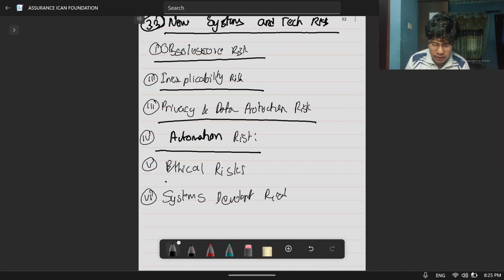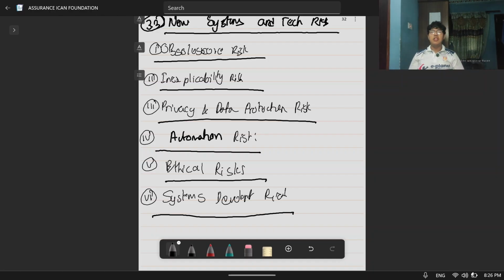And then we have got ethical risk. System may cause ethical problems like AI integrated system ethics follow नगर्न सक्छ. They might use information for wrong purposes. And then we have got system development risk. This means when implementing and installing new technology or systems, there might be bugs, data issues, and then conversion issues.